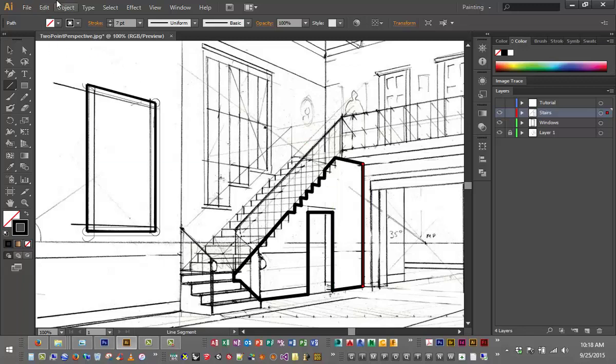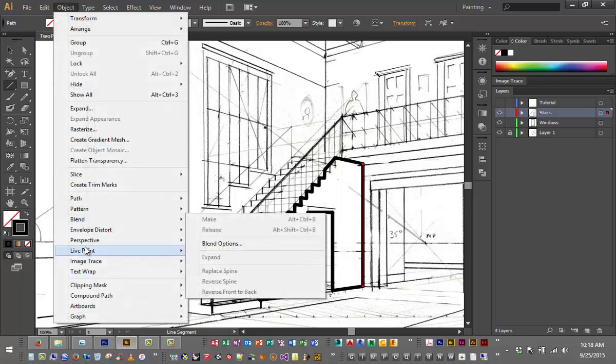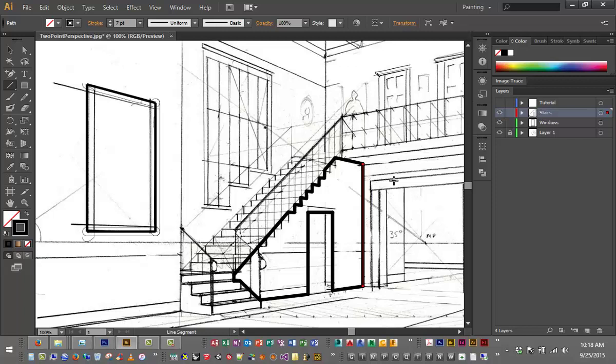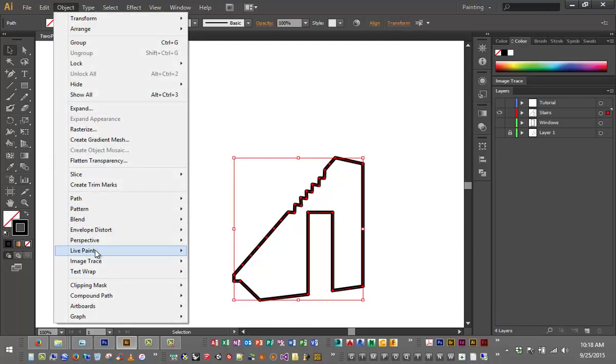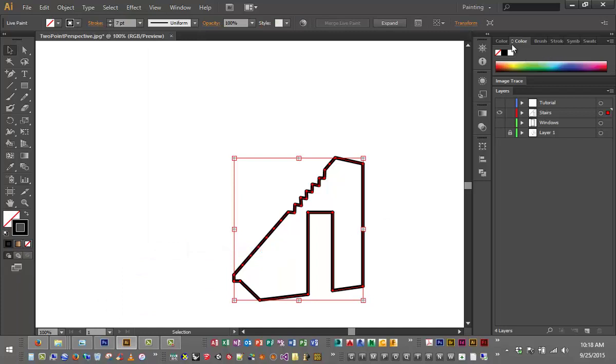The last part, remember always to do the live paint with your object. So this is a block of color that I'm going to have in my drawing. I'm going to make sure that I select it, and I can turn off the other layers. So let's say I've got that. I can take that. Remember, live paint, make, and then I go to color